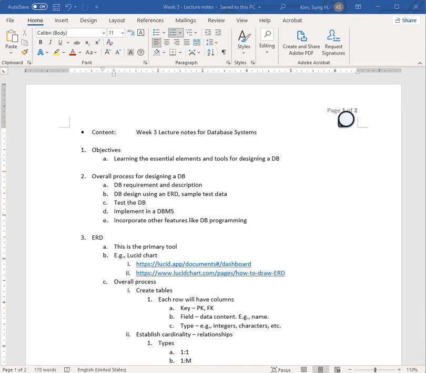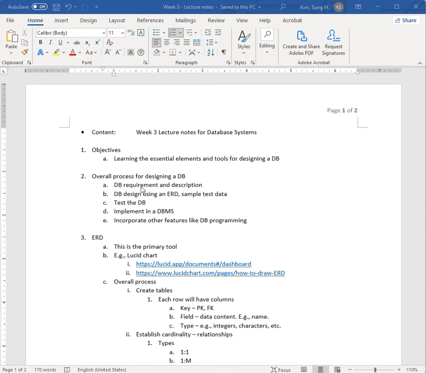So this is the lecture video outline. Now that we have installed the database management system, we are in a position to design a database. So the overall process for designing a database can be really simplified to something like this. Of course, there's a lot more in detail and there are many sub-steps, but as usual, designing anything, the first